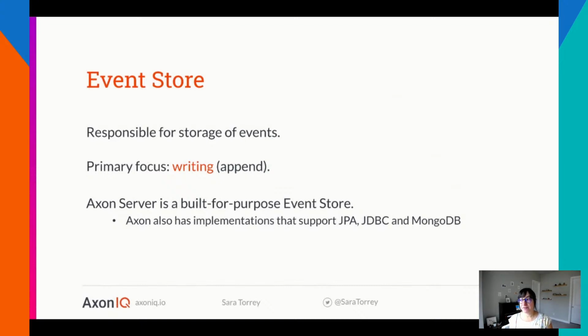Let's say having to do with GDPR or HIPAA or something like that. There are ways that you can modify those events, which unfortunately I will not be able to share here in this webinar, but we do offer those within Axon Server. It's called Event Transformation, which I highly recommend you read about. We do have some resources on our website that you can learn more about that as well. So it's not as inflexible, but of course you don't want to change your events on a regular basis.